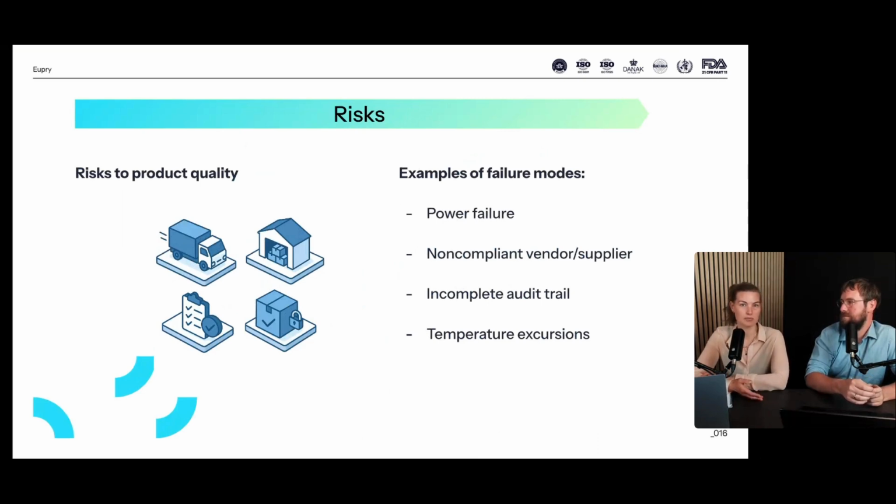If you have a temperature excursion or humidity excursion even, you have time to react to the excursion before it gets out of hand, before it actually impacts the product quality. So that would be an example of a control measure you can put in. And lastly, it's just really important that you have the risk assessment documented, and again, the rationales documented,